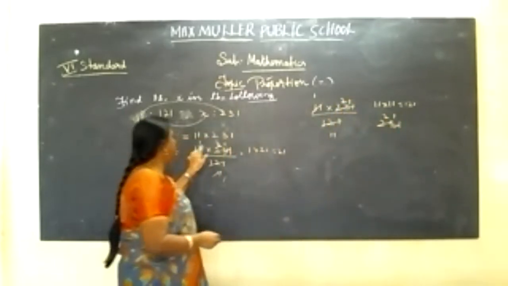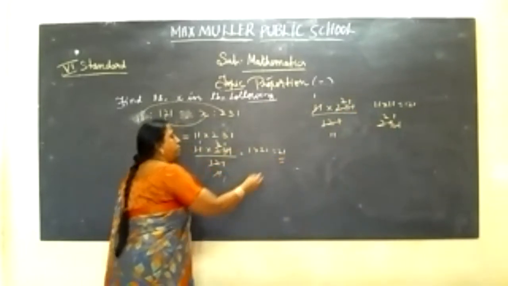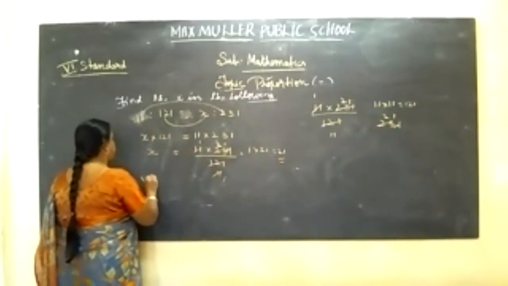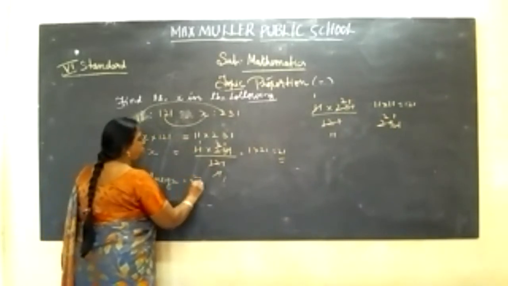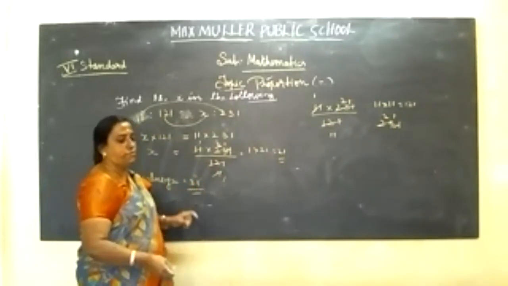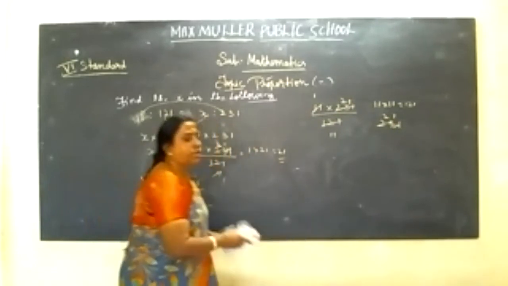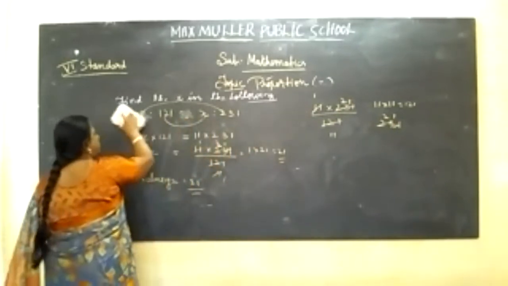21. So 1 into 21 gives 21. So the value of x is equal to 21. In this question, the value of x is equal to how much? 21. Clear? Now next,